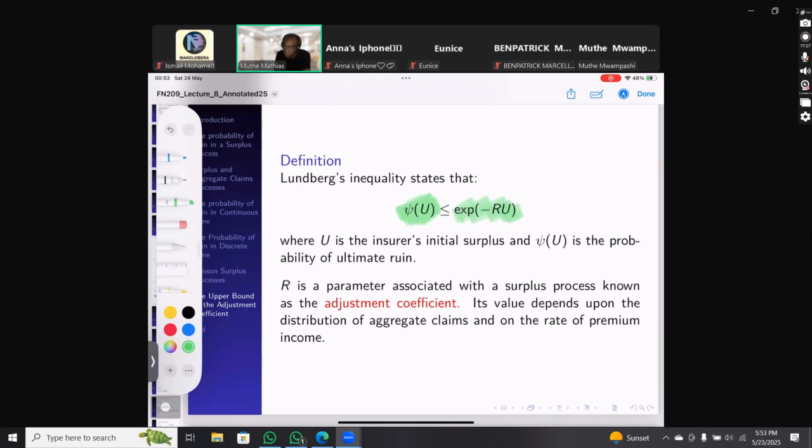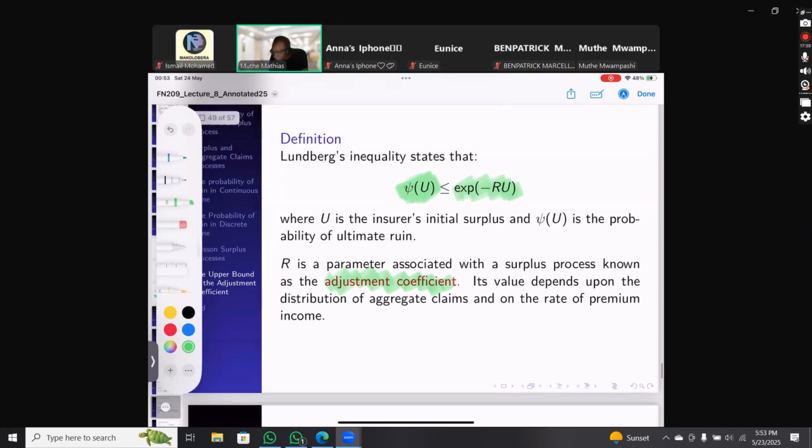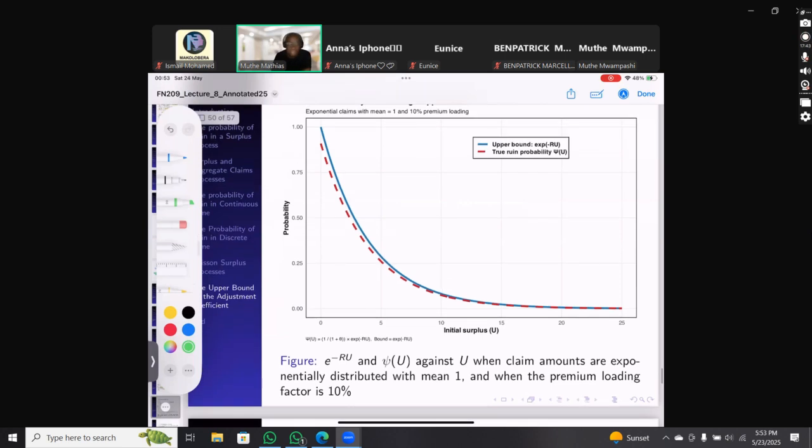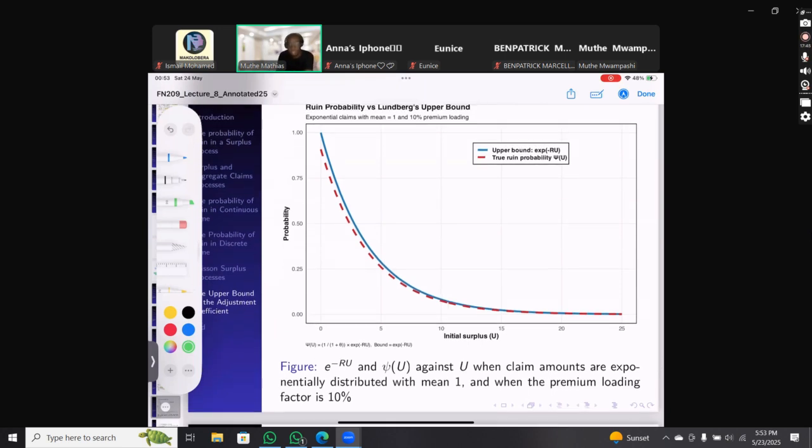Of course, we know R, so R is actually the adjustment coefficient, which we need, in order to make that part, if you remember, the adjustment function, equal to 0. So of course, you can put this one here, right? So what we are saying in this part here is we cannot get the exact formula for the probability of ruin, but we can have the upper bound.